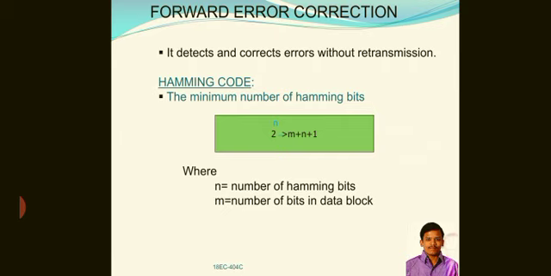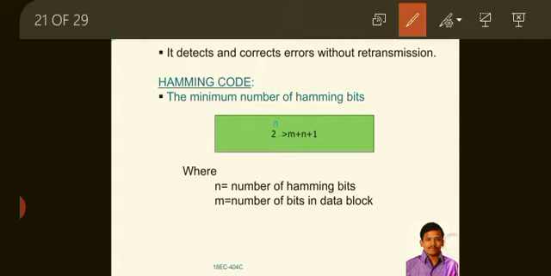So we have to check like that from possible 1 to 3. Even if you substitute n equal to 2, that is also not satisfied if the number of bits in the message is 4. Suppose you substitute 3, then the right side is 4 plus 3 plus 1, which becomes 8, and 2 power of 3 is also 8. Therefore, this condition is true. Therefore, the number of Hamming bits will be n equal to 3. So if m equal to 4, then n will be a minimum of 3.